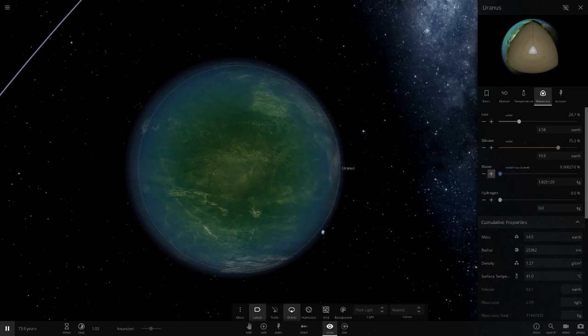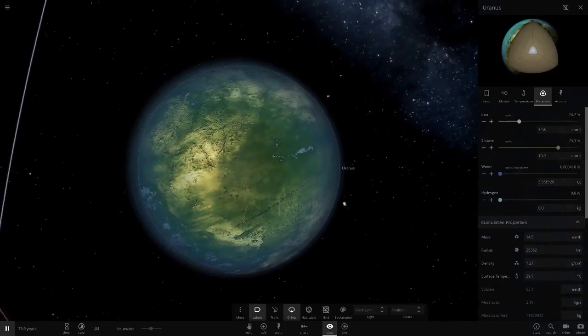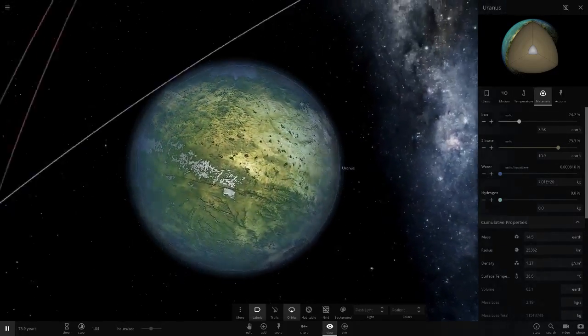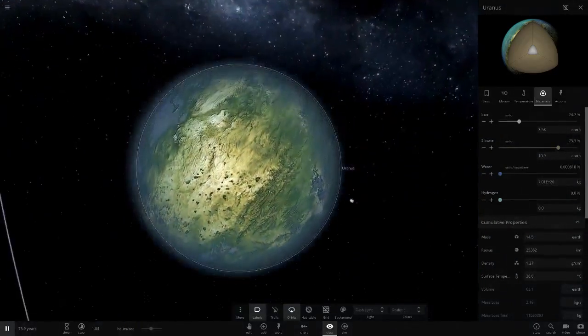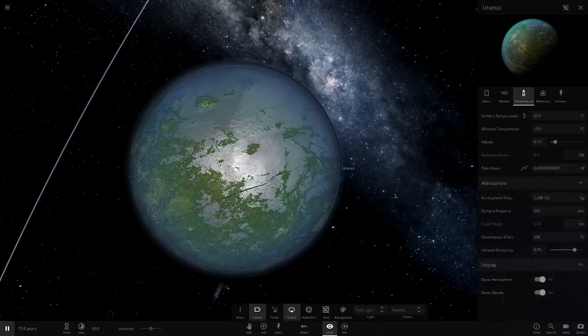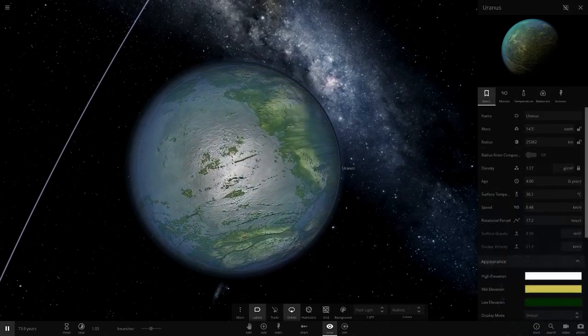Oh, we did it. There, slightly. Oh, and it froze again. Are you kidding me? Why is it doing that? That's a very nice looking colour as well. I might keep that. That's a very nice sort of blending of colour there. Okay, I don't know why Uranus is playing up, but I guess we're going to have to maybe reload the